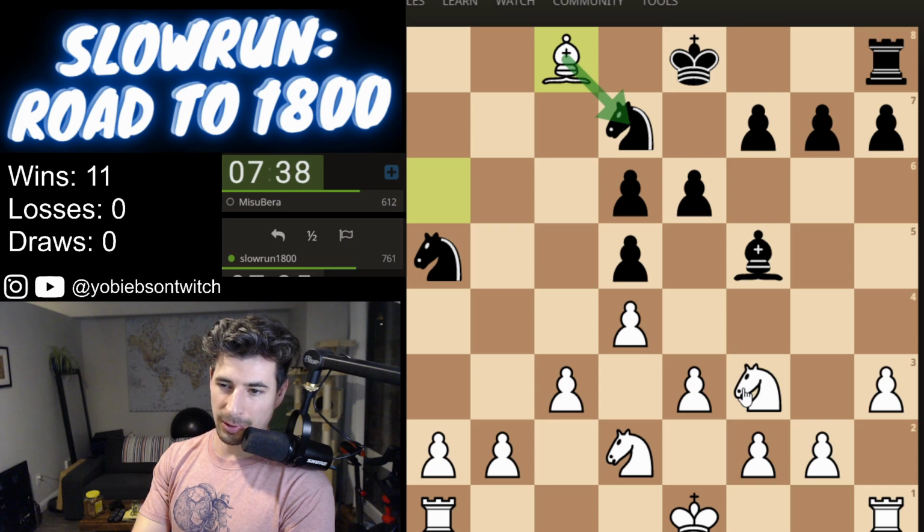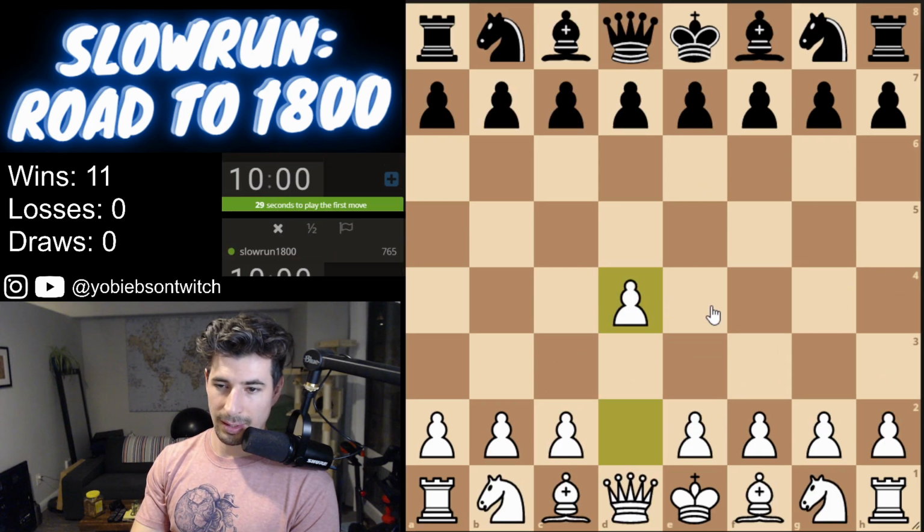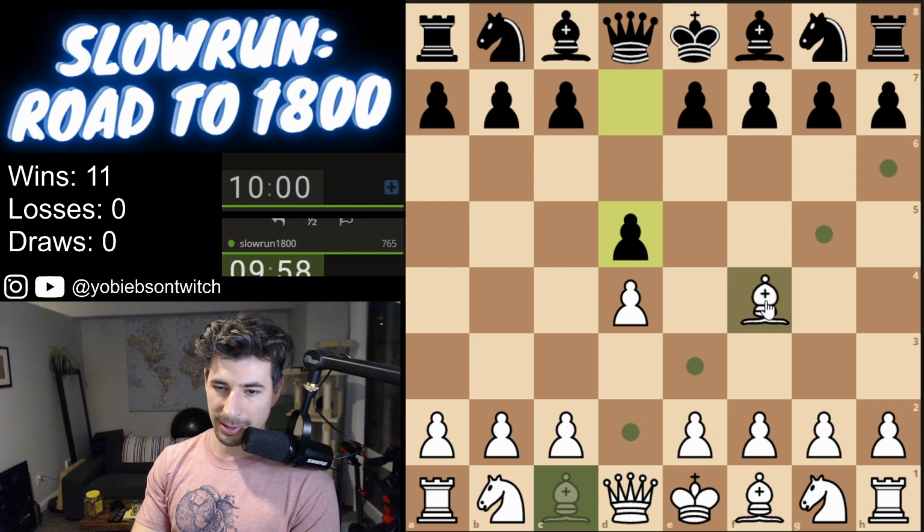Let's just do one more. Well, these 700 levels, we just want to get through these. The games are going to get more complicated, but these 3 have been pretty easy. So we'll just do one more. All right. So we got B3473, R616, 802 with the question mark. So we're going to play the London. Question mark means that he doesn't have enough games to...